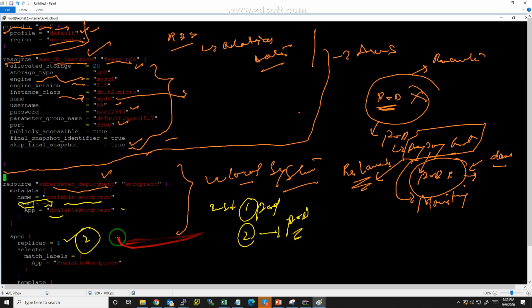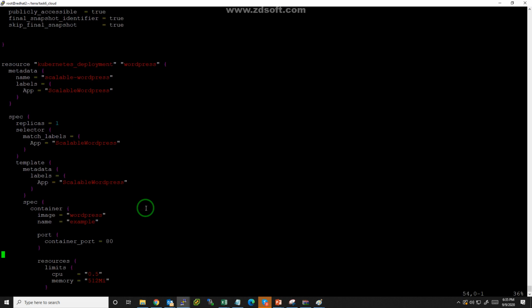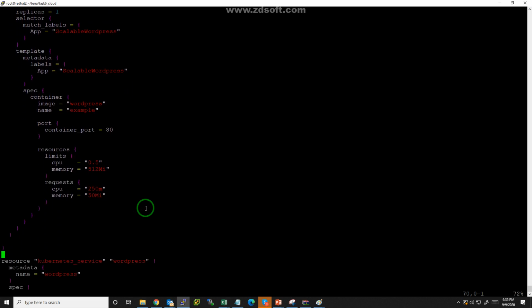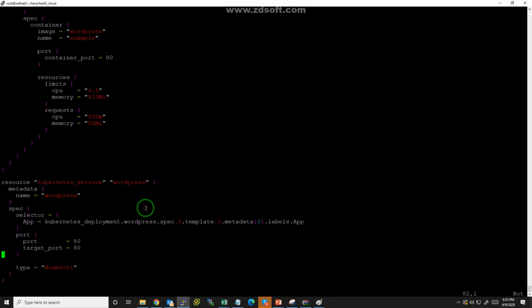As per your need you can change it here. I am just using one. This is my selector, which matches the label with the app, and the app will be the same. So this is a little bit of an idea of this. Then we can go down, you can see it here. Let me copy it, so it will be very easy for us.